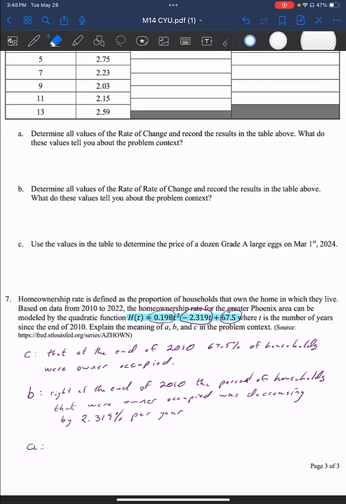Okay, so now we're going to look at parameter A, and the parameter A is telling us how the rate of change is changing. So we know that right at the vertical intercept, right there at the end of 2010, the percent of households that were owner occupied, that was decreasing by 2.139% each year. However, it's not a linear function, right? We know that this is a quadratic function. So that means that the rate of change